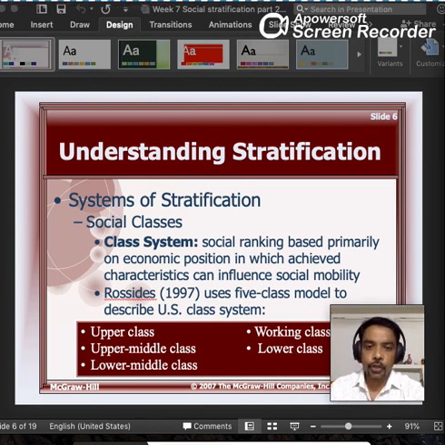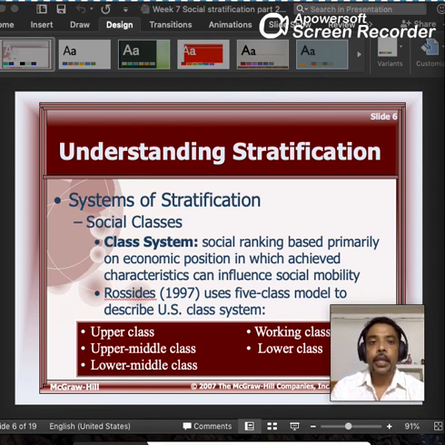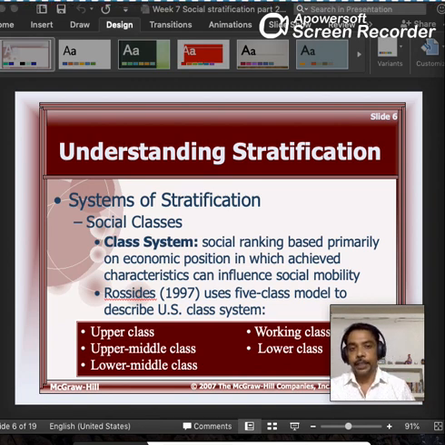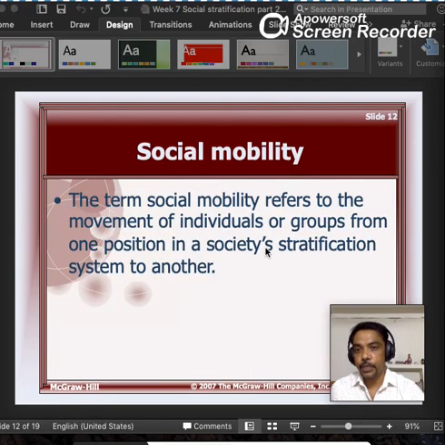So I just want to move from social stratification to social mobility, which is very important, identifying the social stratification and how you can move from one class to another class, or one stratum to another. In studying stratification, we have to consider not only the differences between economic positions or occupations, but also what happens to the individuals who occupy them. The term social mobility refers,